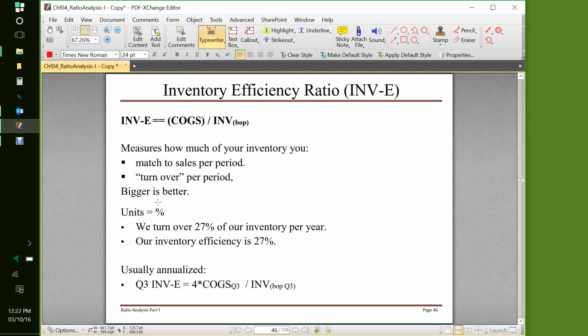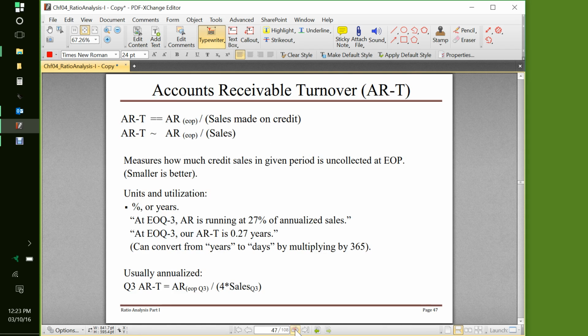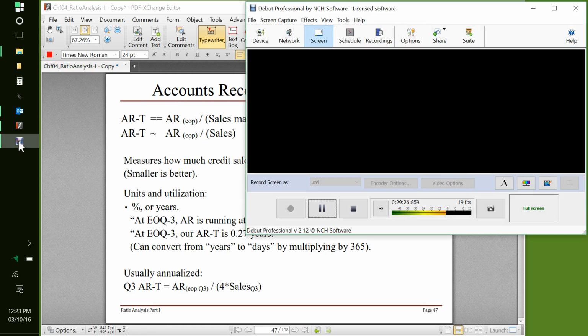We're selling it, okay? So the units here, typically percent, folks say things like we turn over 20% of our inventory per year, or our inventory efficiency is 27%, meaning the same thing. Same issue when we're looking at COGS per quarter. We're going to multiply by 4 to change those units to COGS per year. Okay. Accounts receivable turnover, we will pick that up in just